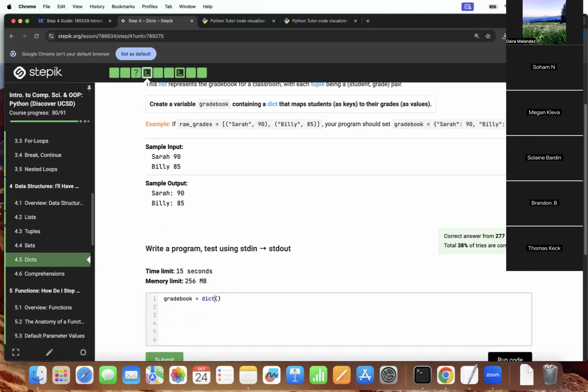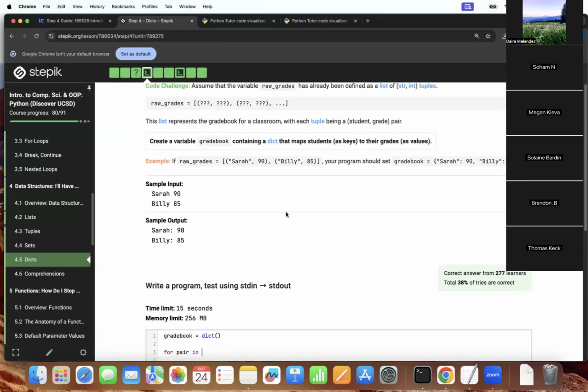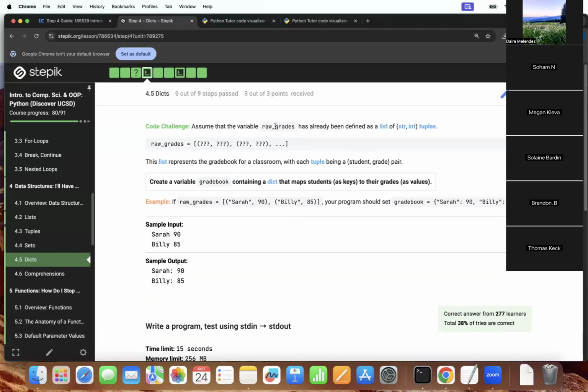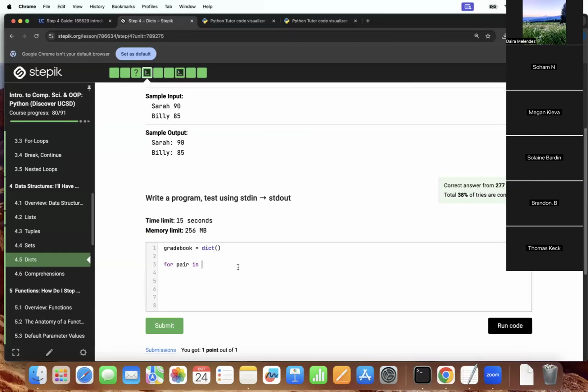Notice how dict turns blue when I call it, because Python knows it's a built-in function that's going to create a dictionary. Okay, and I'm going to say for pair in, and raw_grades has already been defined, so I have to use raw_grades. So for pair in raw_grades,